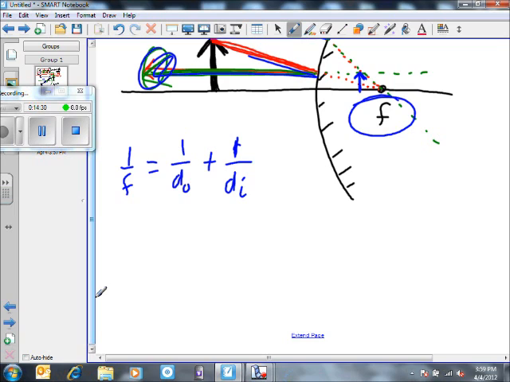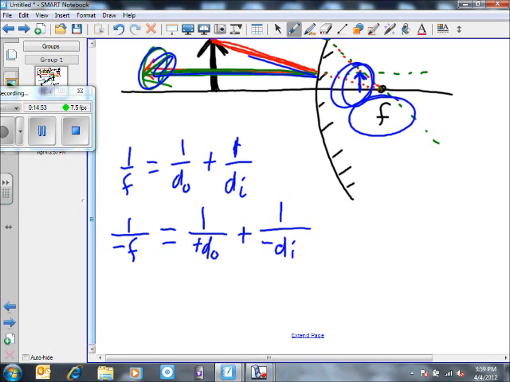So this number here is going to be 1 over a negative number here. Do you understand that convention? And then the distance of the object, well, the object is always going to be a positive number. And the distance of the image here, though, is going to be a negative number because this image is upright. And real images that can be shown on a screen